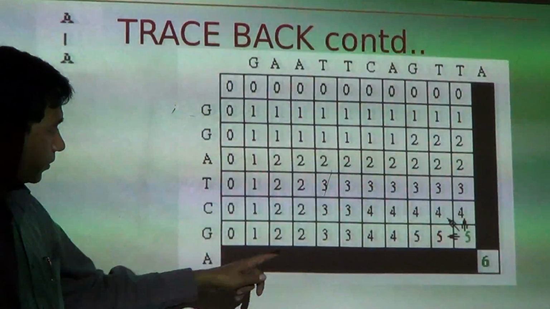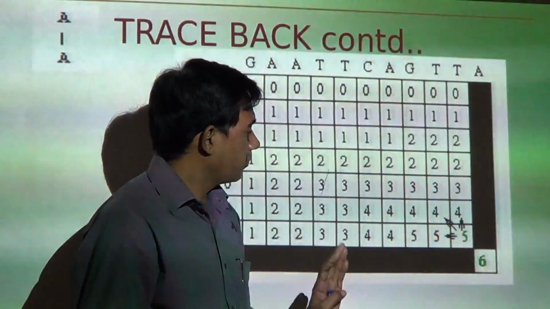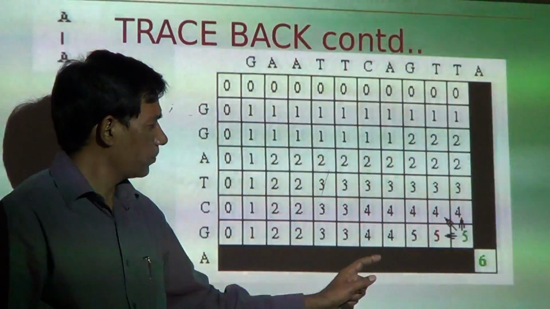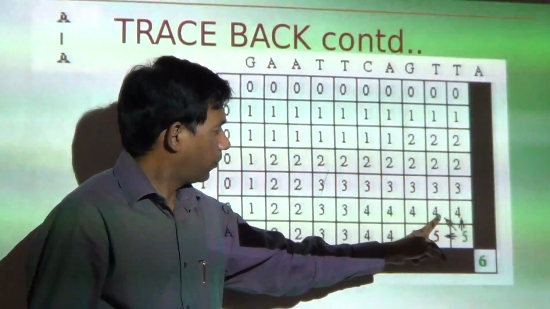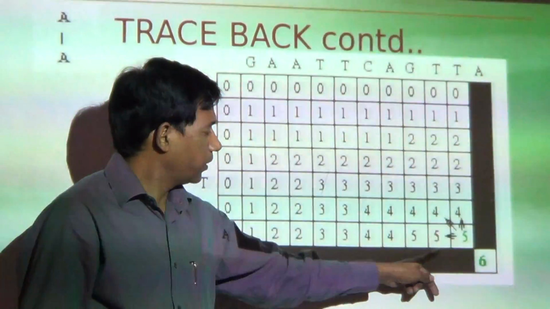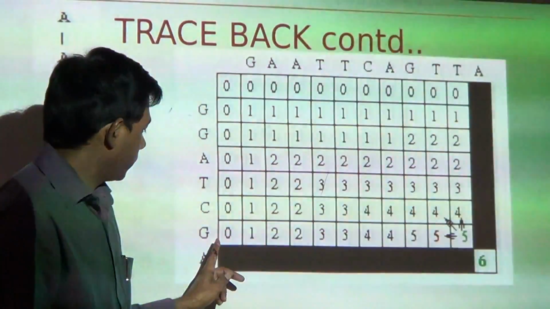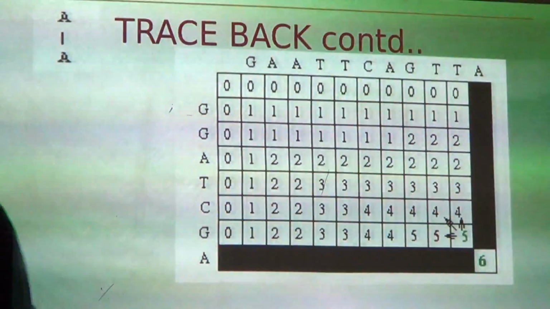So here again we see, here is G and this is the T. This is the case of mismatch. When this is the case of mismatch, 4 plus 0, 4, 5 plus 0, 5, this is taken from this. So we have to consume T, but we have to insert the gap in this sequence. So alignment is